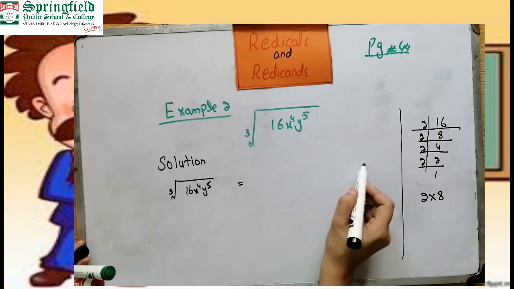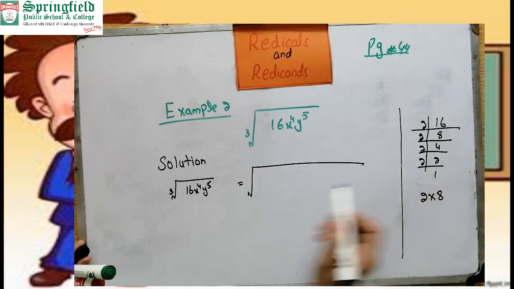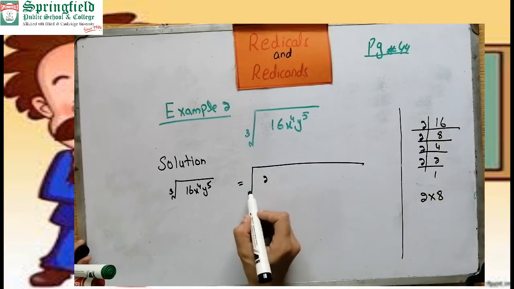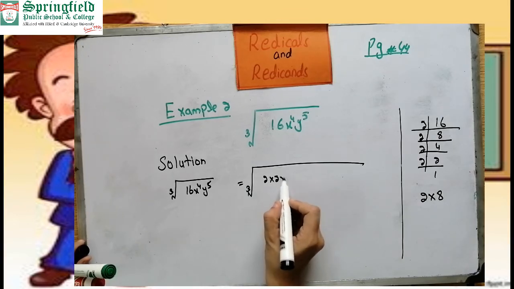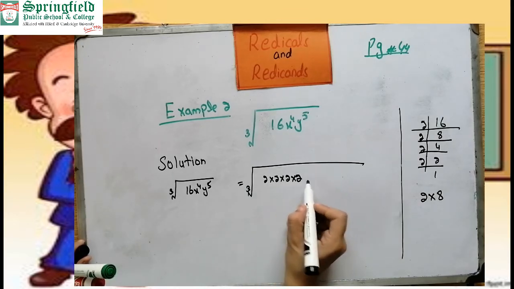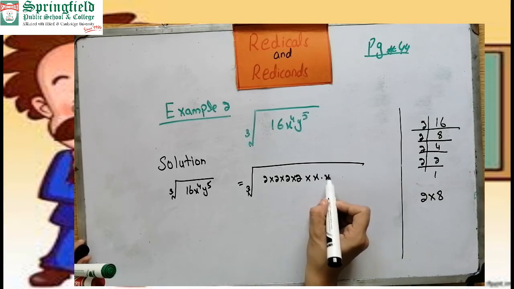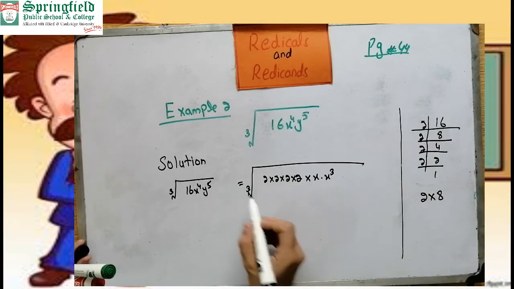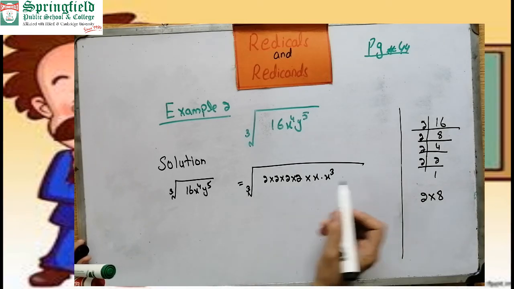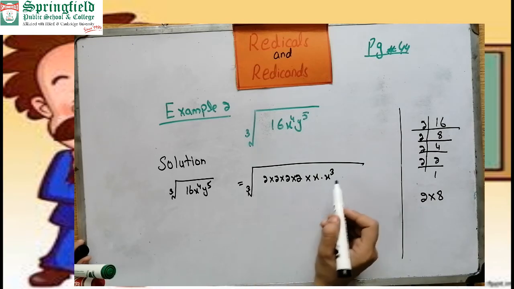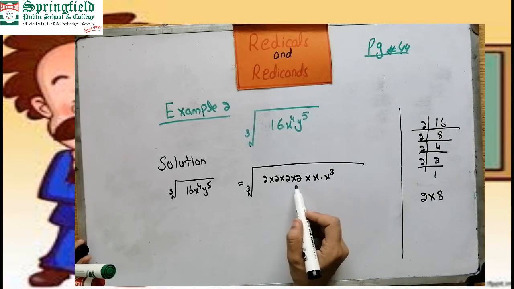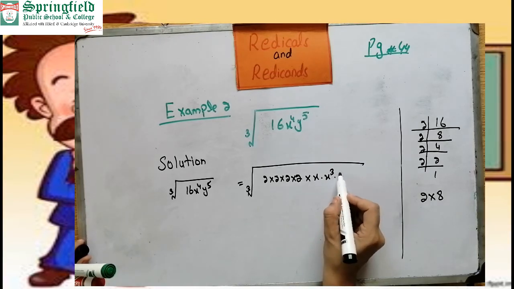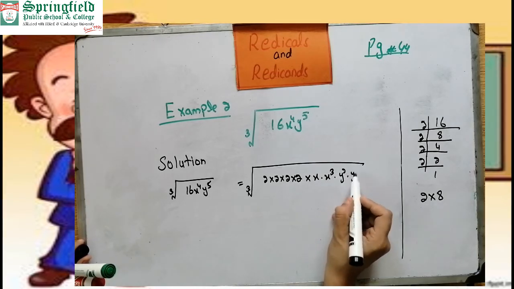So better first write the factors of 16: 2 multiply 2 multiply 2 multiply 2, 4 times, and then x^4 can be written as x cube times x. Why? Because here we are talking about the cube root. Here we are going to solve a cube root. So that's why we will make the cubes of the factors of the variables and the number 2. So y^5 can be written as y square into y cube,